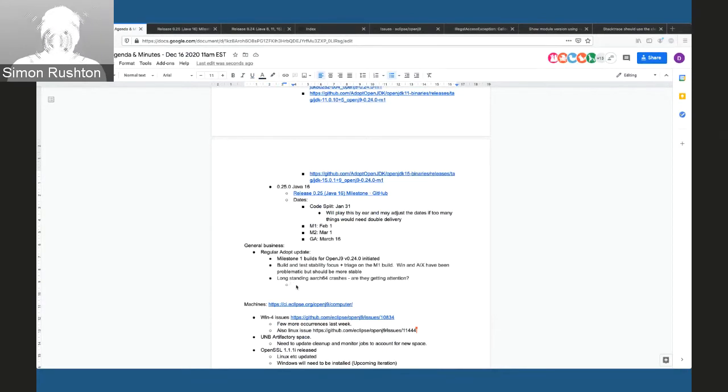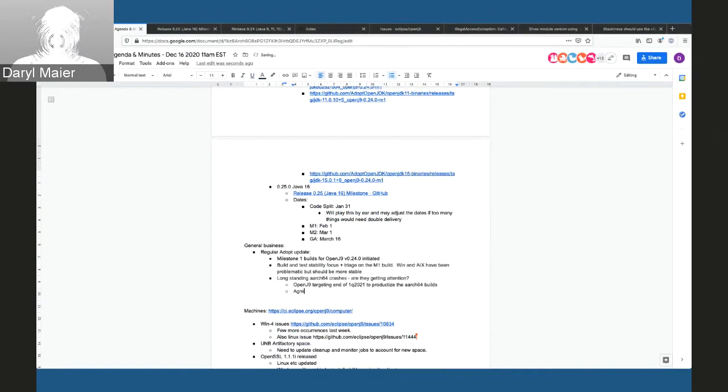The current goal for that is the end of the first quarter of next year, which is past 0.25 or JDK 16, obviously. And depending on how things go, that might slip as well, depending on how much time we have to work on that. But in terms of getting out of early access state, it's not imminent, but it's coming up, hopefully in the next few months. So if these are being a distraction for you in the project, then you could certainly silence them so that it isn't consuming any of your time.